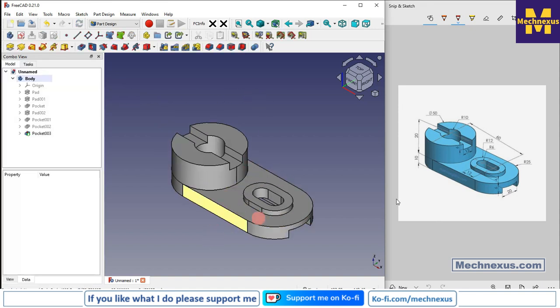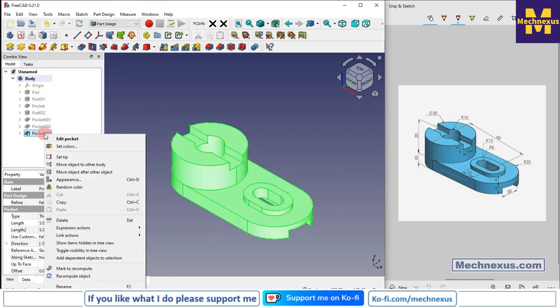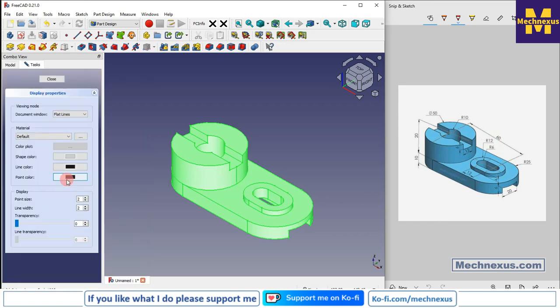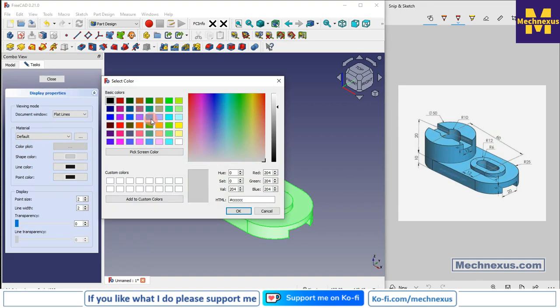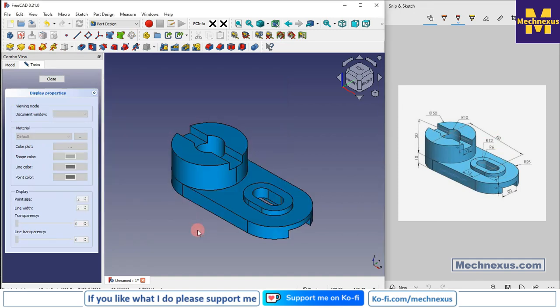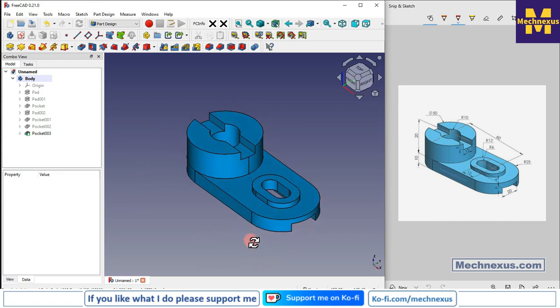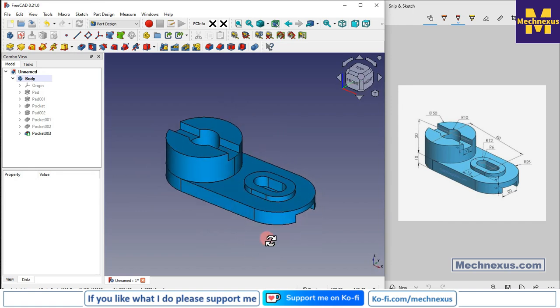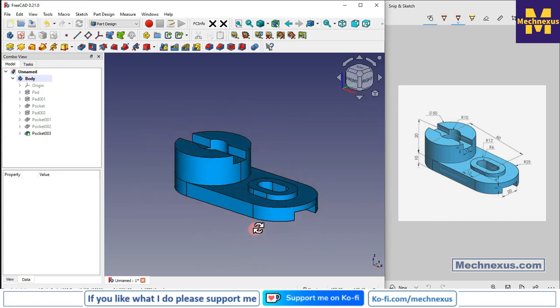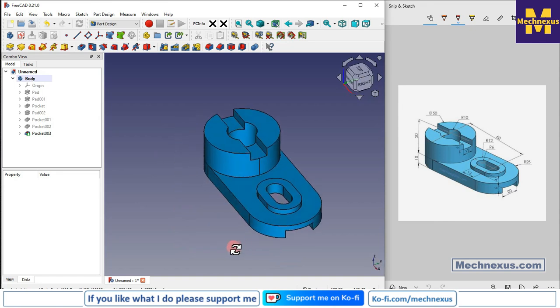Now we will provide the color. So select the last feature, go to the appearances, and here click the shape color and click on OK. So you can see that we have successfully modeled this part in FreeCAD, and I hope you have enjoyed this